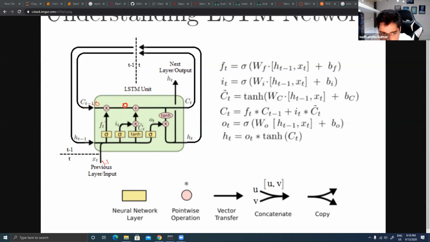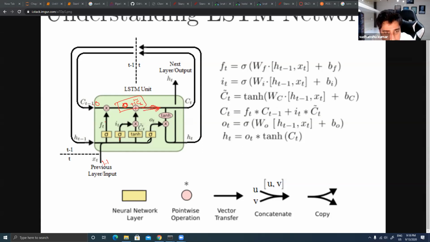This is going to give you some outcome for sure, right? So you will add this plus I_T into C delta T, with which you are trying to create the context. So previously the context was equal to 0, but now I have passed some kind of data. Because of that, I'm able to build the context over here. Now this is the context line that you will be able to find.